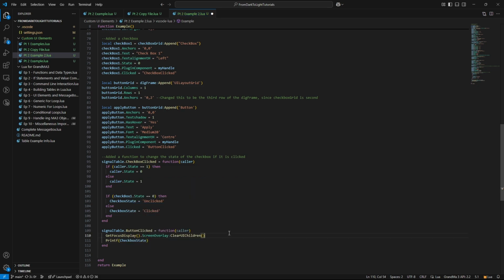Now there is just one problem remaining with the way I currently have this written, and I'm going to see if you can figure out what it is. I'm going to run this plugin and just see what happens.